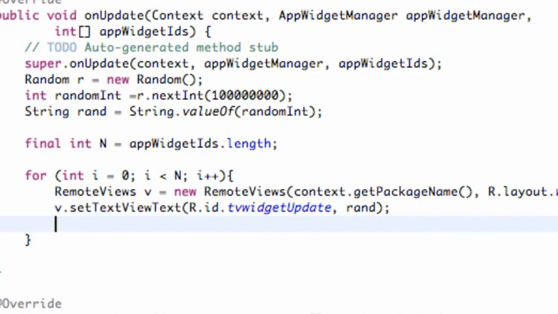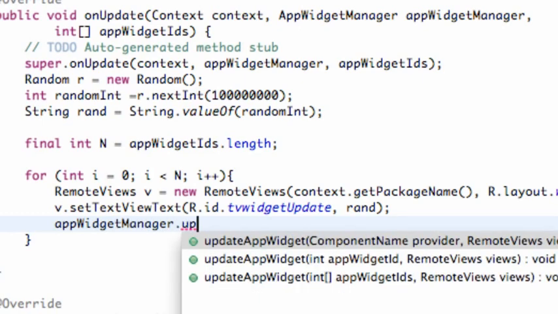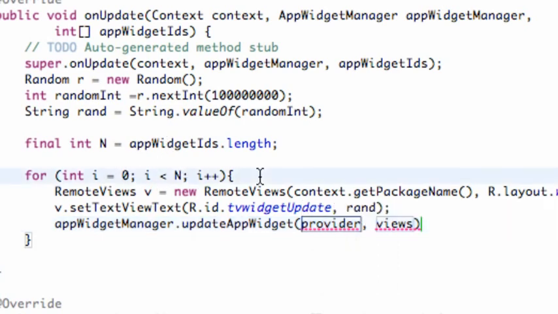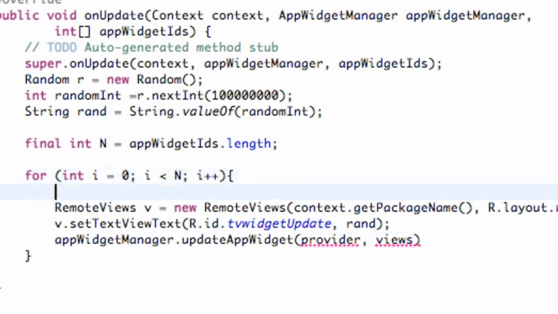So again, we're going to refer to the app widget manager that's being passed in, which they just called app widget manager, like that. And we're going to use a method called update app widget. And the first thing that we want to update is the specific widget ID that we're on. So what we're going to actually do before we set that up, we're just going to go above our remote view, but still within our for loop, and we're going to set up a new int that is going to be the app